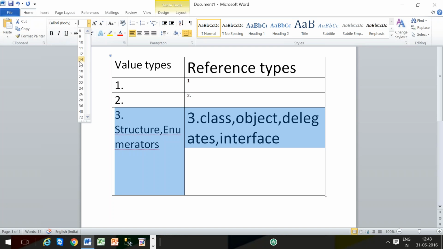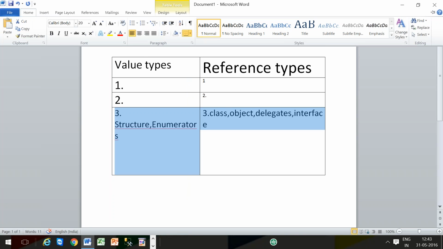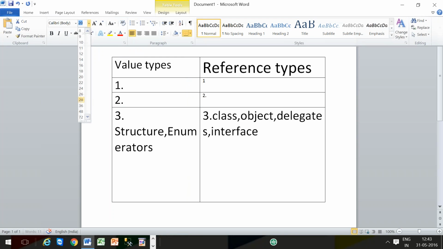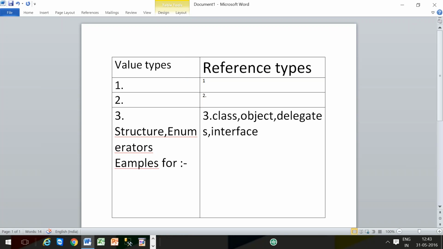But coming to examples for value types and examples for reference types, this is a very important discussion. If you take examples for value types, any type which is a structure will come under value type. So in our primitive data types,